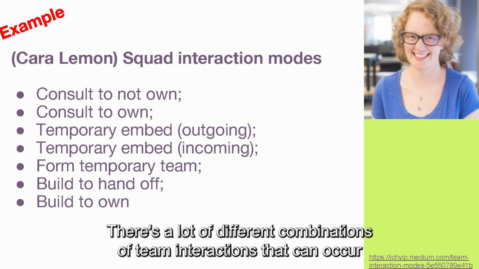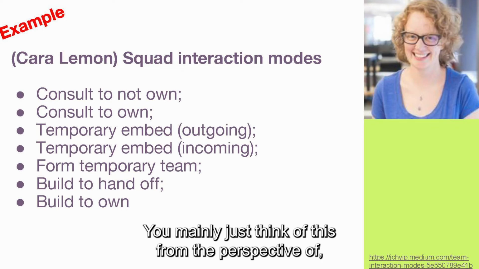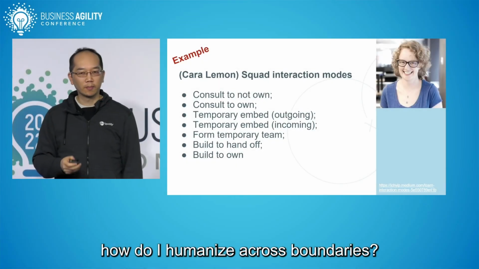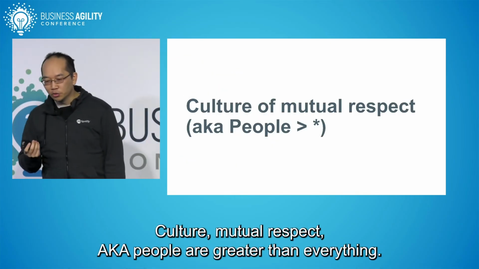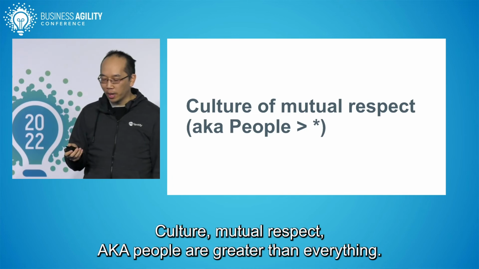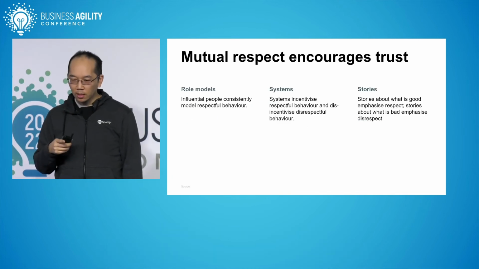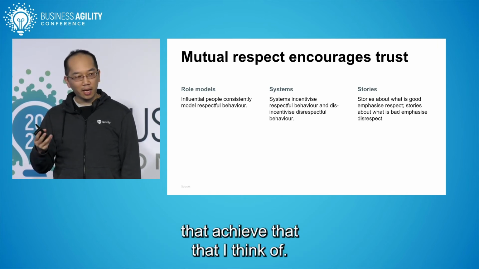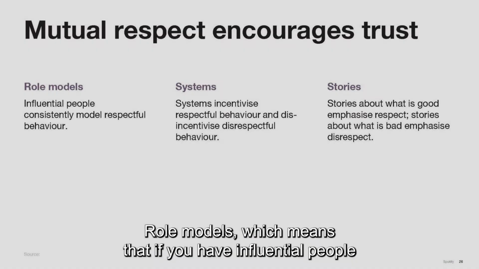There's a lot of different combinations of team interactions that can occur that build things up. Mainly, just think of this from the perspective of how do I humanize across boundaries. Okay, culture, mutual respect, aka people are greater than everything. Mutual respect encourages trust. And there's three things that achieve that that I think of: role models,